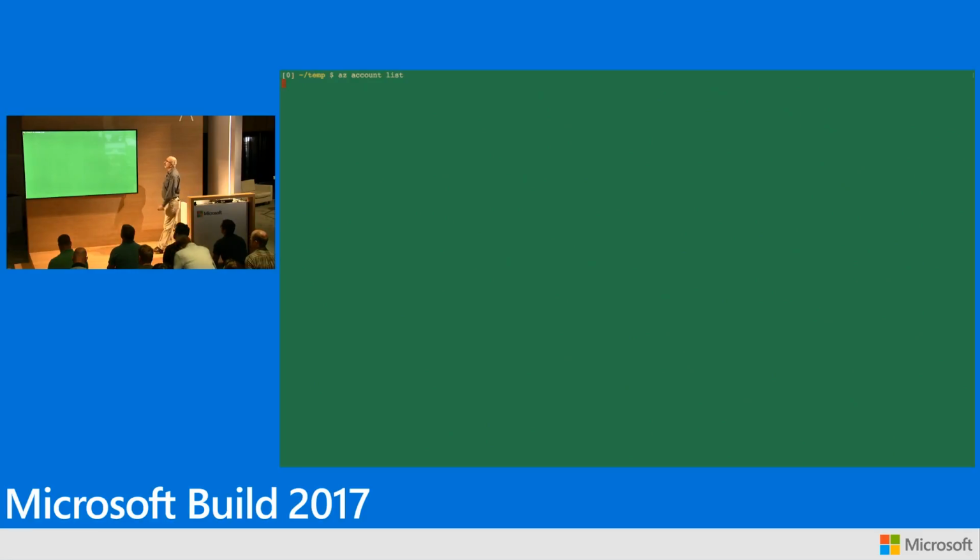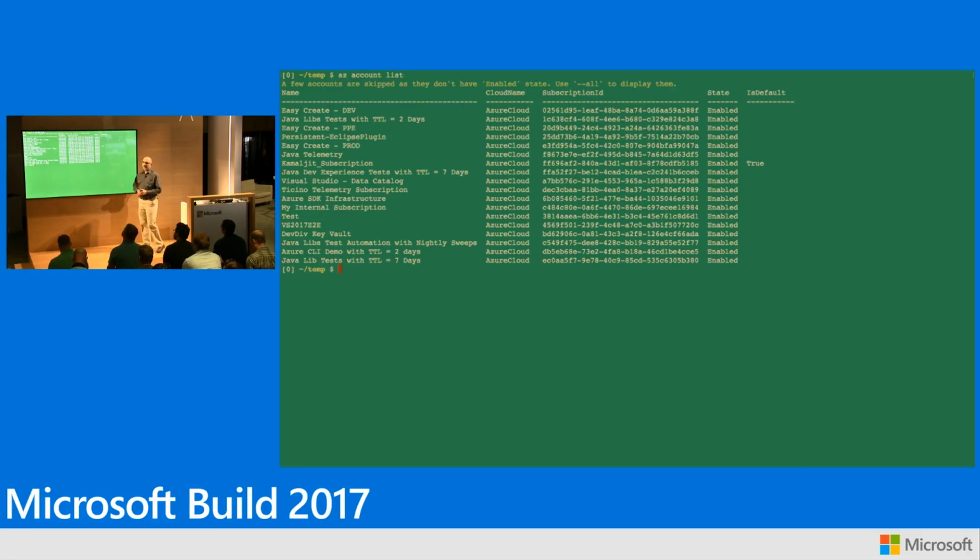So this is going to show me all the subscriptions in my account. These are all the subscriptions that I have in the account. I'm logged in from the CLI. And I have made this subscription my default subscription. I can change that using the AZ account set command. Now this is my default output. I have configured it to display the output in a table format. But I can change that and say,